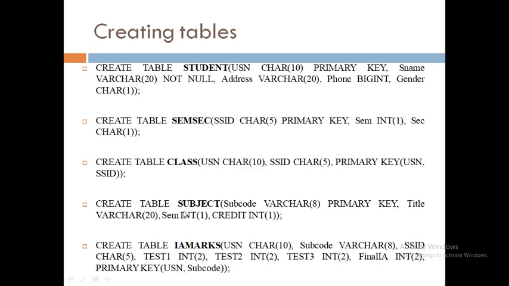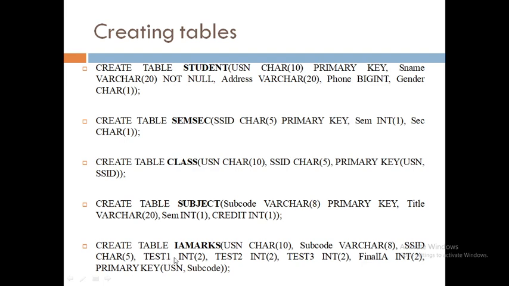Then comes subject, subject code, then title, semester and credit. Credit means like 3 credit subject or 4 credit subject. So that's why here we'll use the integer type. Then IA marks. So USN, subject code, SSID, make sure that the data type must match with the base tables.